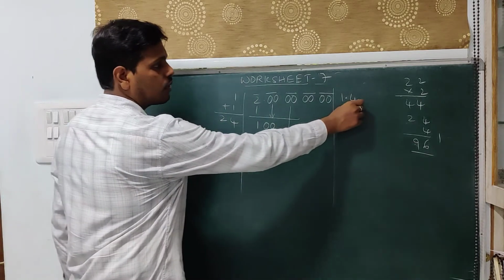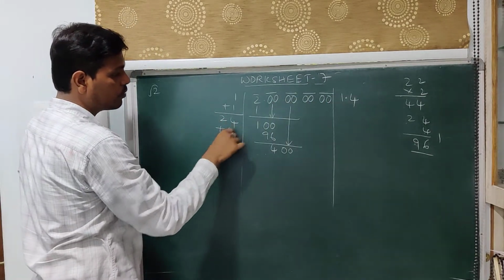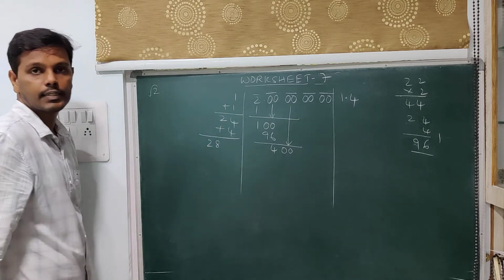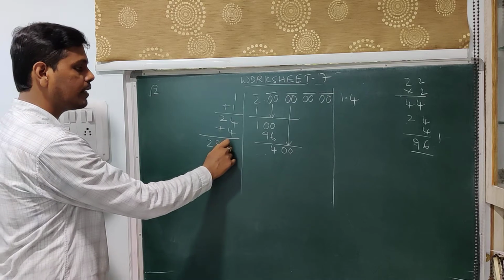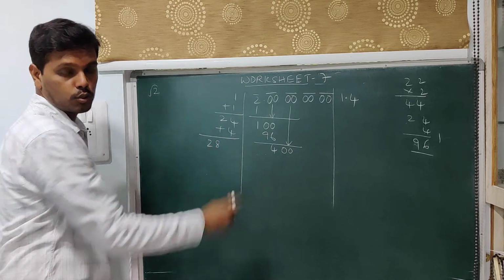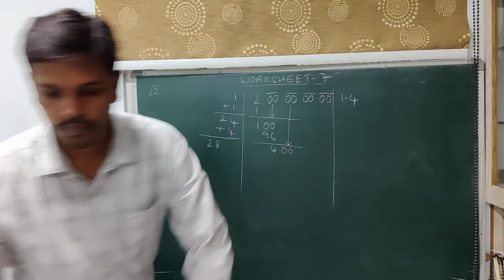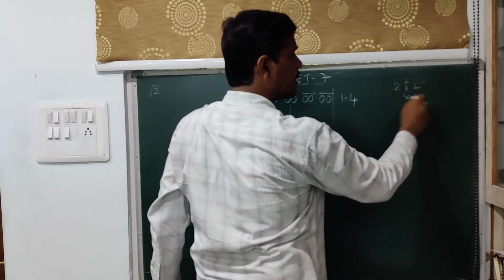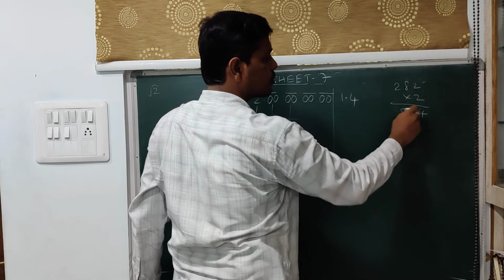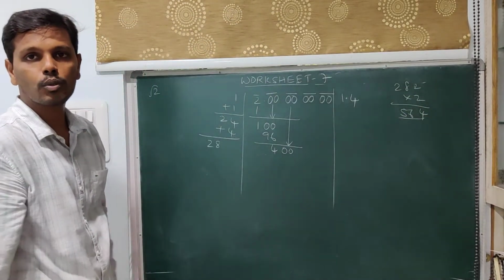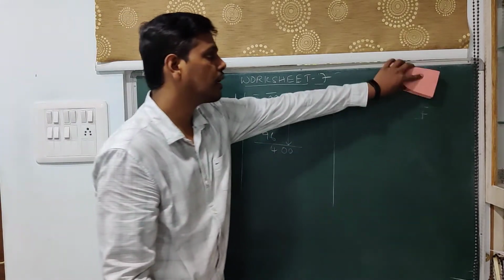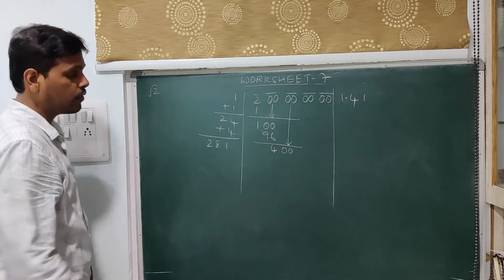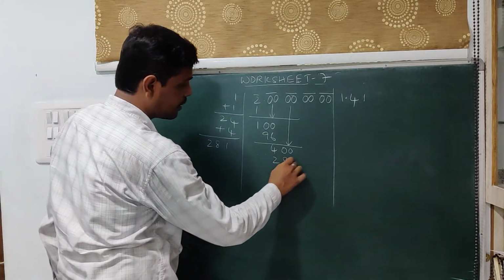Now again, whatever number you have written, add upon the same number. You have written 4 there, add upon 4. So 4 plus 4 is 8, 28. Now if I write 2 here, I will be multiplying with 2. 2 2s are 4, 28 2s are 56. So 564. If I take 2, it is going more than 400. Therefore, I will take 1. So if I place 1 here, I should be placing 1 there itself. 281 into 1 gives you 281.